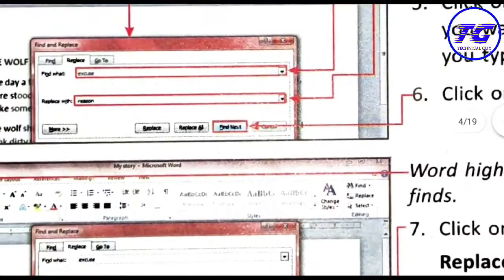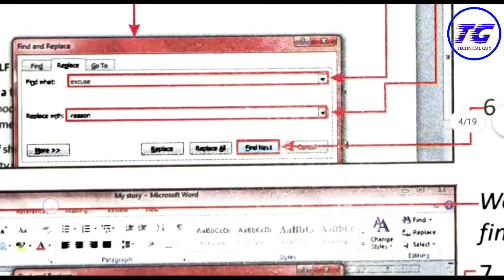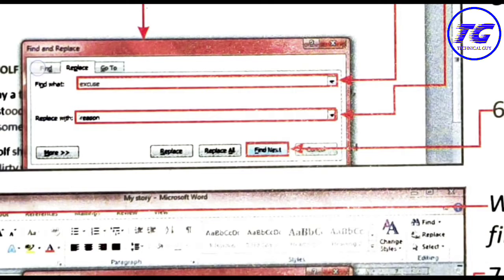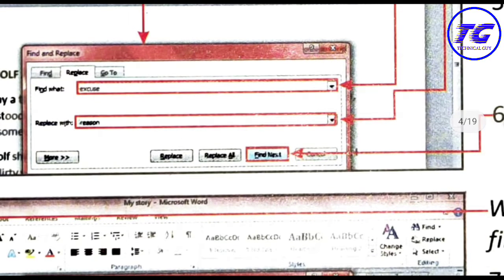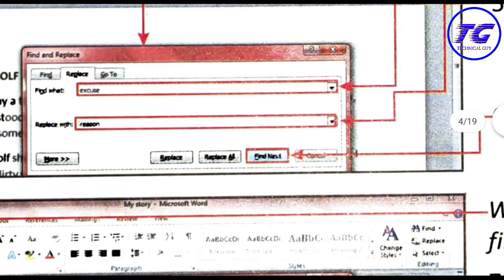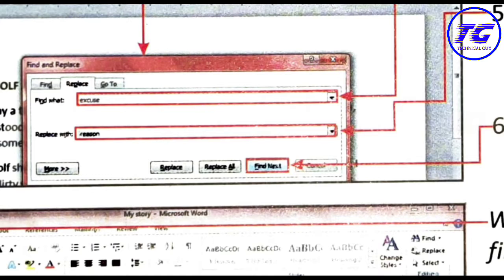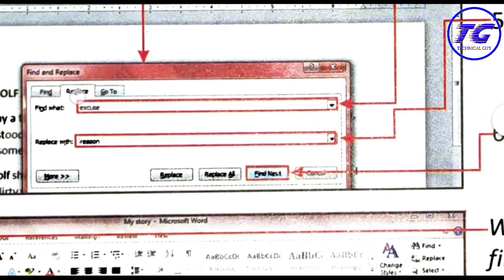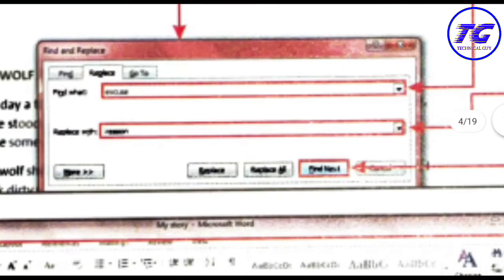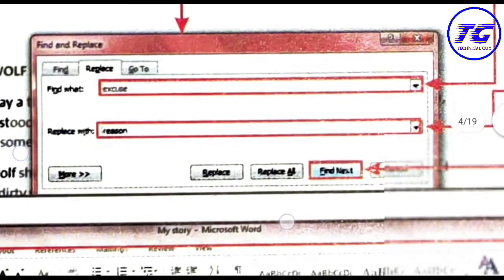The find and replace dialog box will appear, and here the first tab is for finding something, and in the find you can type the keyword, and after that it will search the keyword in the document and it will show you the found text in the document. The second tab is for replace, and here you have two boxes.